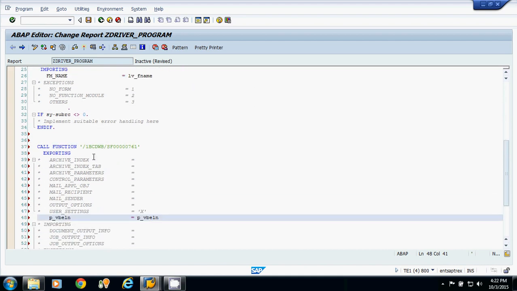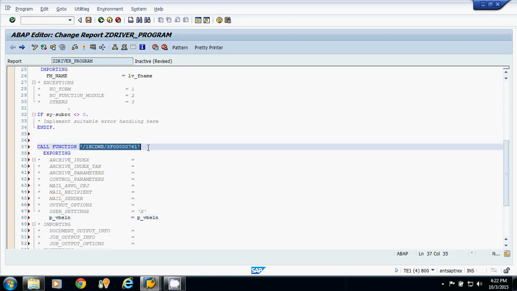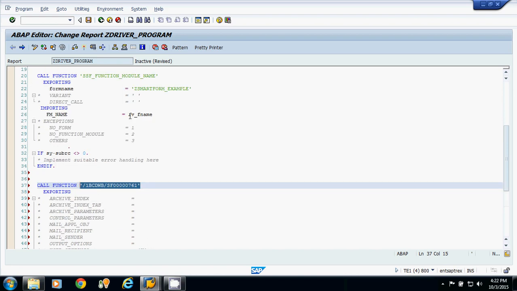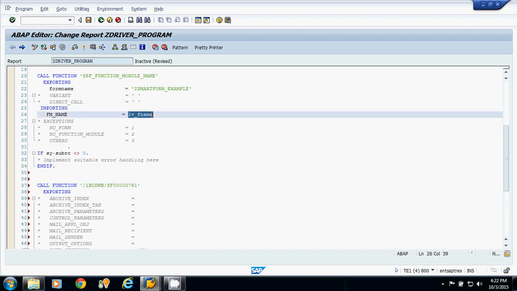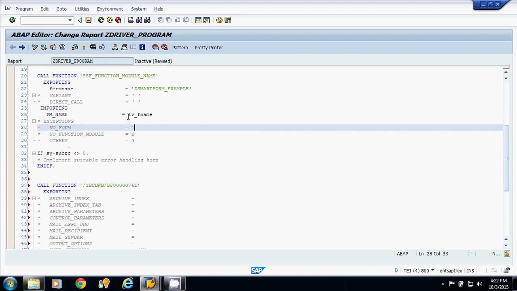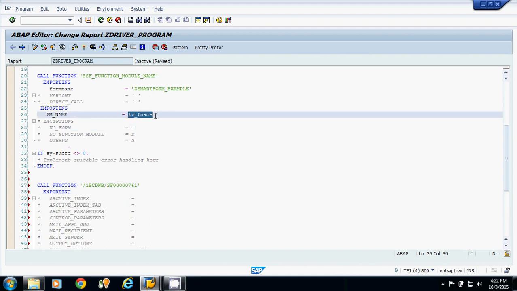Now this function module name is not fixed, because we have already discussed that whenever you are executing or doing some changes, this number always changes because it is a dynamic number. So you always have to pass the current number. How can you pass the current number which you have received earlier?